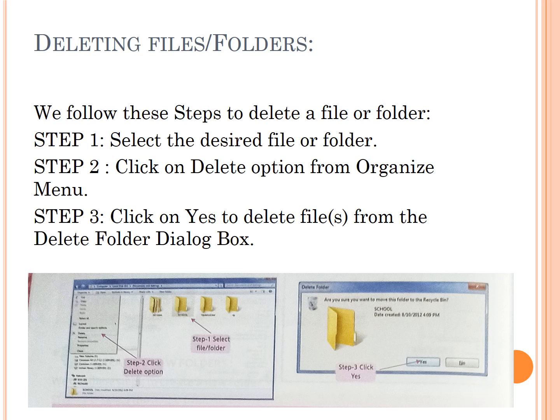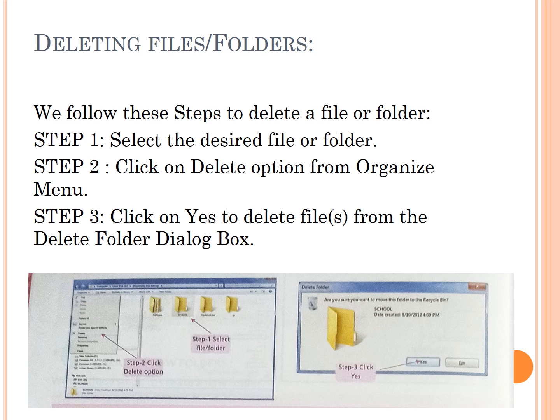Step 1, select the desired file or folder. Step 2, click on the Delete option from the Organize menu. Step 3, click on Yes to delete the file or files from the Delete folder dialog box.